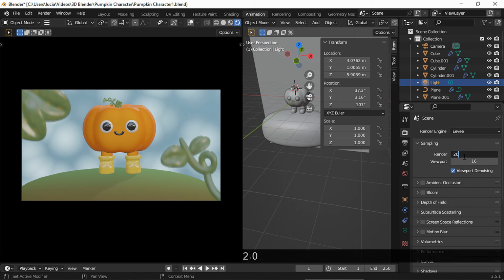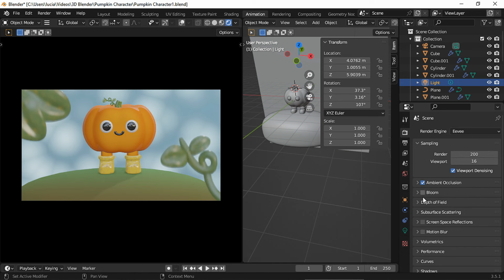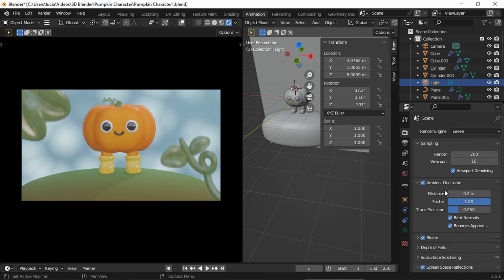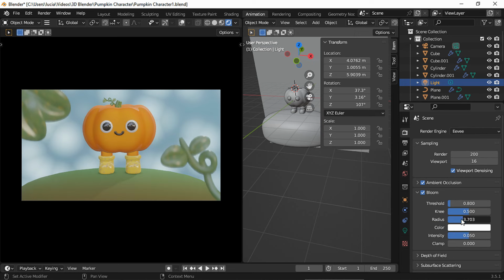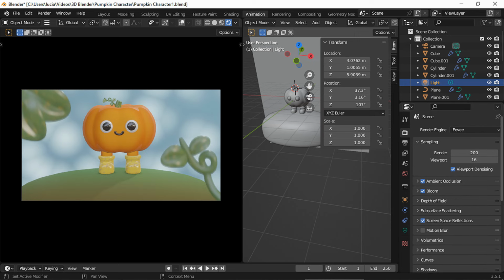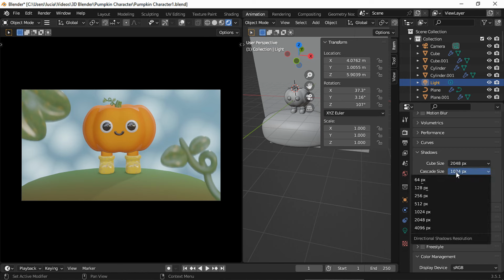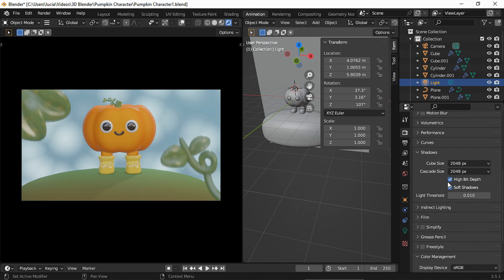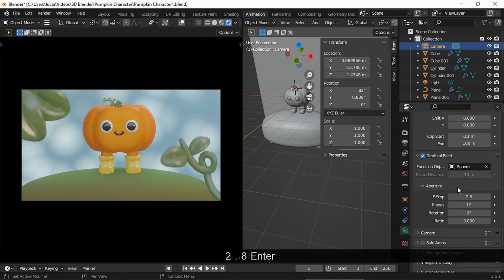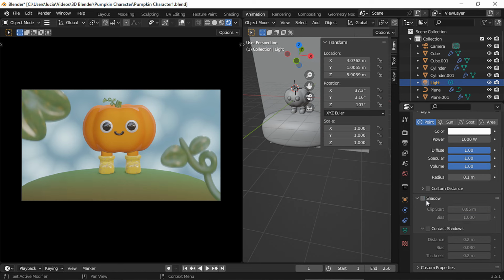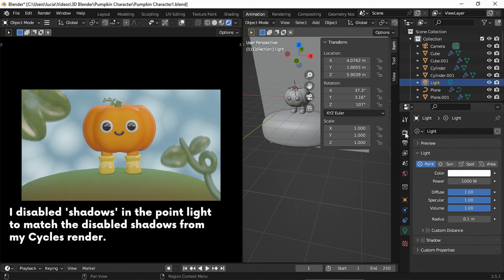There are several in-depth tutorials on how to make Eevee look more like Cycles, but basically you just have to enable all of this stuff, play around with the settings, of course, to see what looks best. And if you're rendering in Eevee, I suggest you use a different f-stop because 1.8 might be too blurred in Eevee. And that's it for today's video.